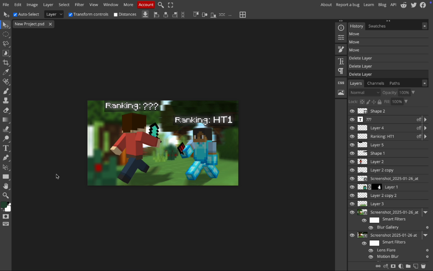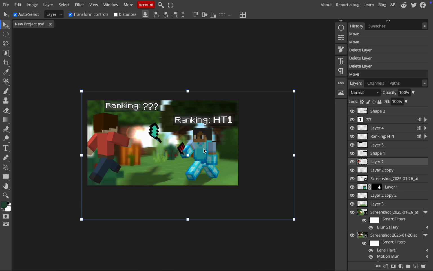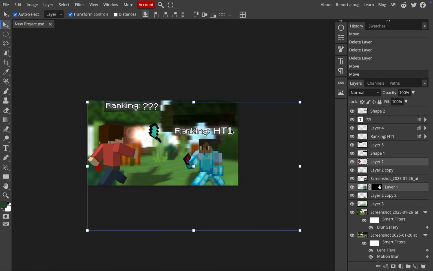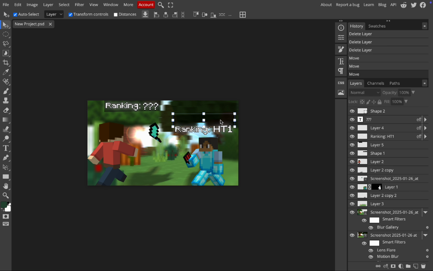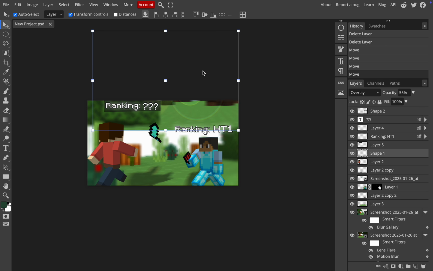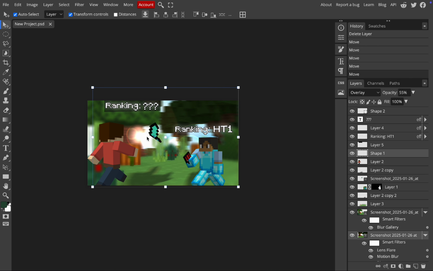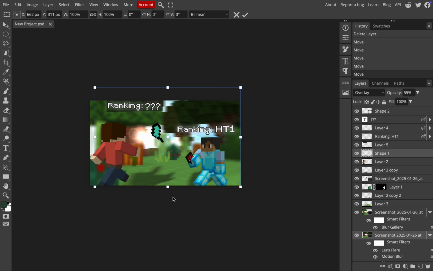So it may seem like one flat image, but it actually is made of many different components. And this is key because obviously it is really hard to get an action photo like this. So what I did was, these are different images, the name tag and everything, and as you can see right here, even the background right here. And I'm going to show you exactly how to get these blur effects, and